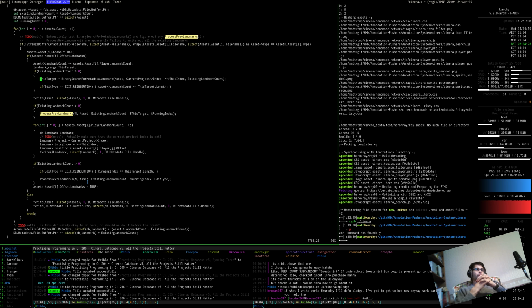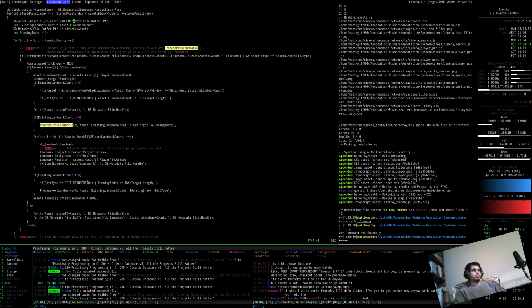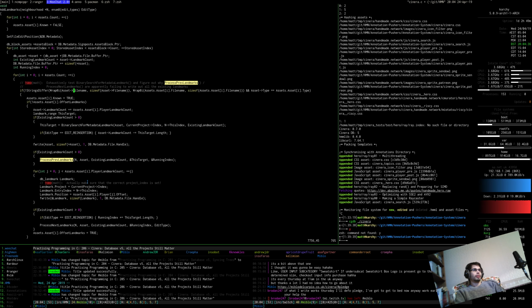I think we need to, first of all, before doing binary search metadata landmark, have a function that basically says somewhere, I don't know where it'll be, could be anywhere, but basically the function is going to get the range